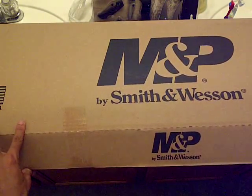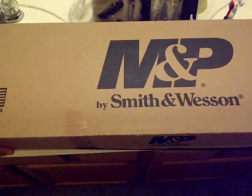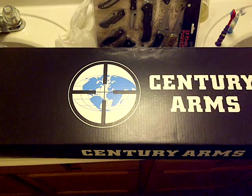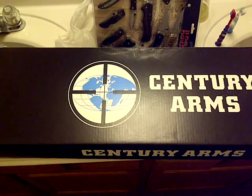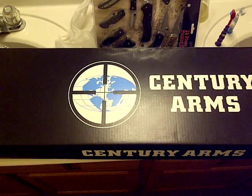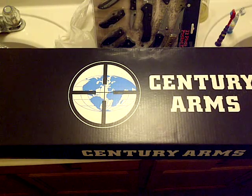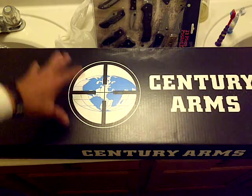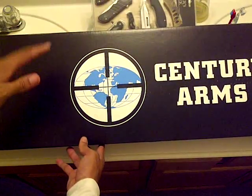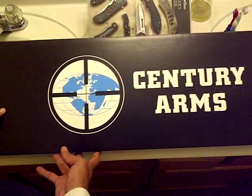You probably see from the box already what it is. It's a Century Arms. Oh, okay. Put that right here for now. So this is a Century Arms, and for me, one of the reasons why I decided to get an AK